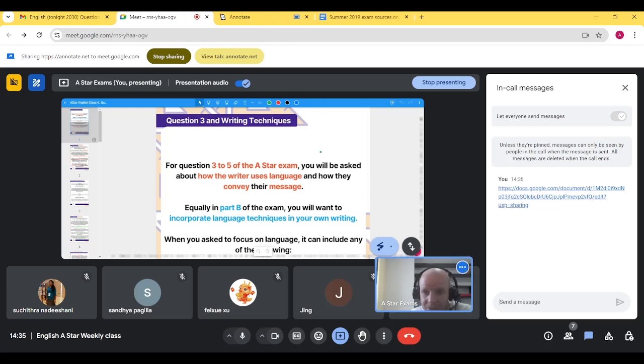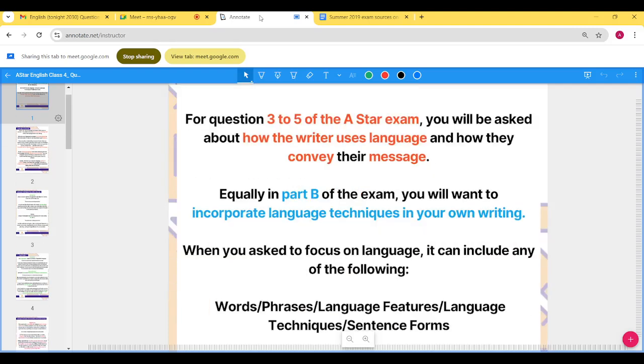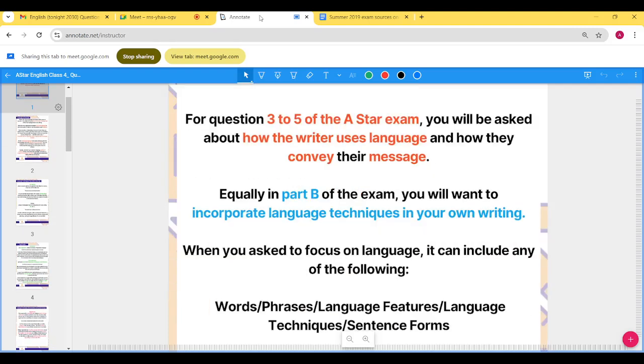Today we're moving on to question three, which is the first question in the exam where you'll be asked about how the writer uses language and techniques. This will be questions 3 to 5. In 4 and 5, it's also going to ask how the writers convey their message, which again involves method, techniques, tone and structure. And when we get to part B of the exam, in question 6, your longer form writing, you want to be incorporating your own language